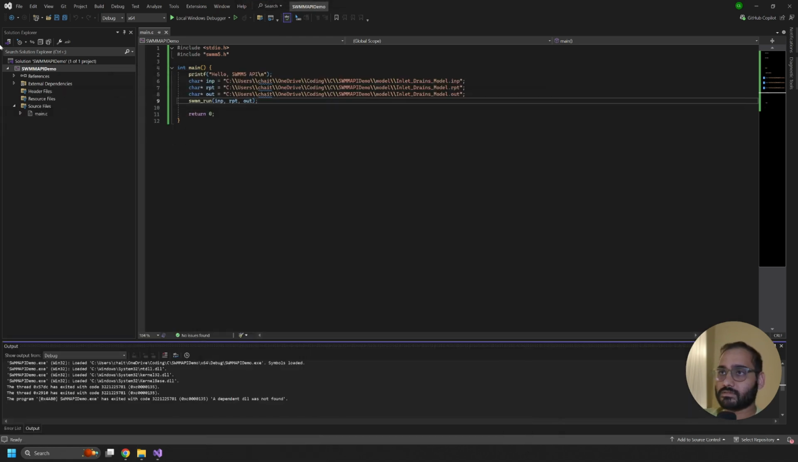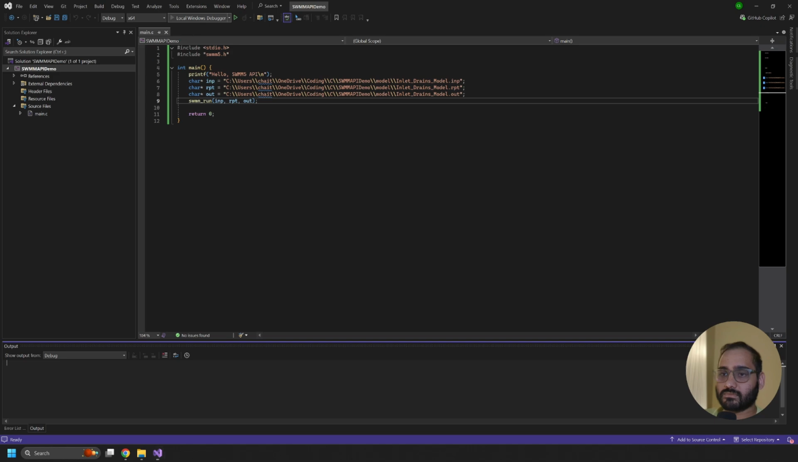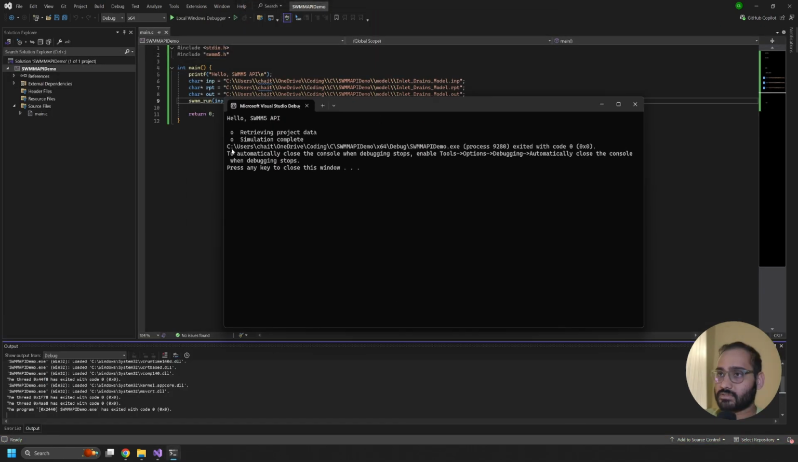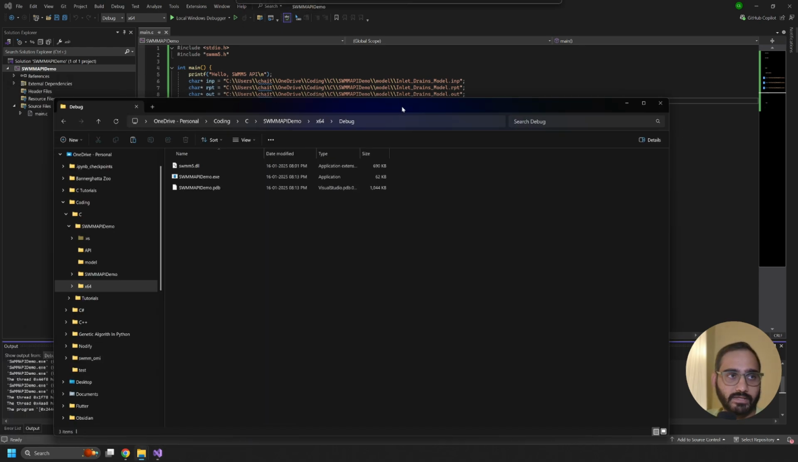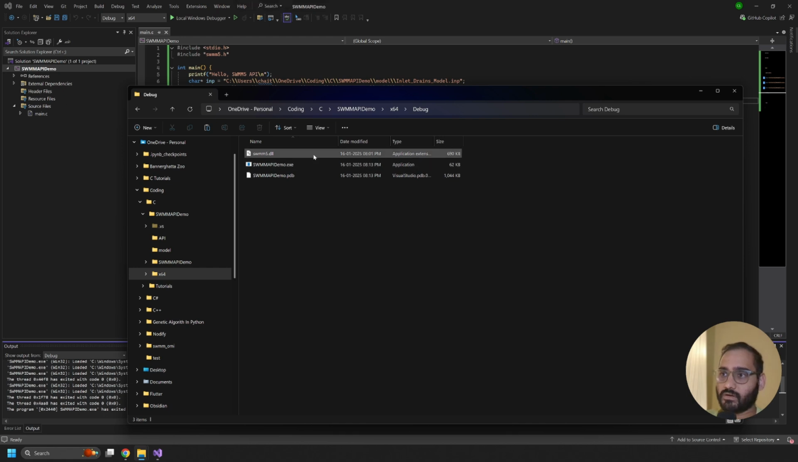And if I run this right now, you could see it is executing the simulation, and we have got this message: simulation complete. So this is how you use the API functions and execute them. Another thing is, if you don't want to manually copy the DLL file every time, because in a collaborative environment this might not be the best way to manually copy a DLL file,